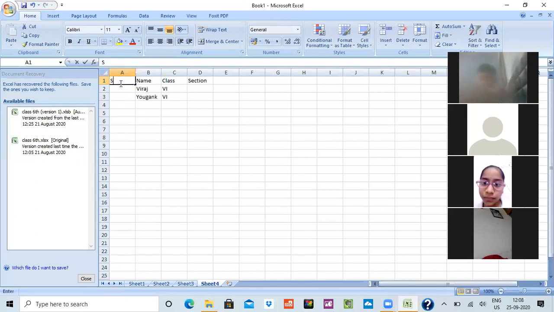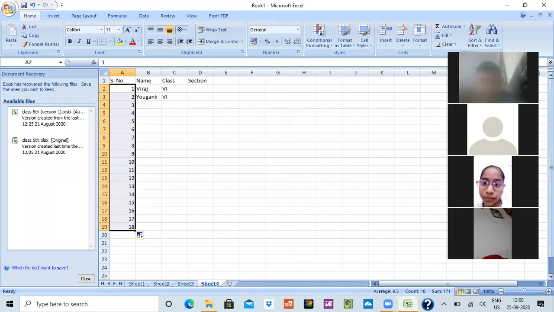We have even discussed this, how to write an auto number. See, I'm writing 1, then I'm writing 2, but I don't want to write it again and again. Then I'll select it. I'll click on this plus sign, then I'll click on this and go to fill series. See, my counting has come by itself. Okay, so this is your auto filling feature.